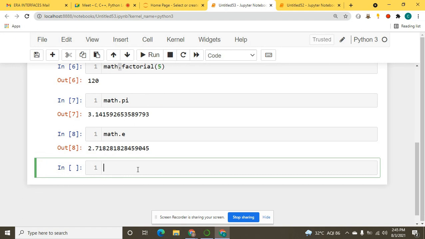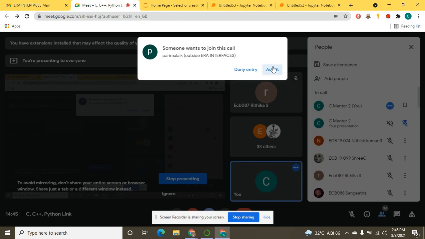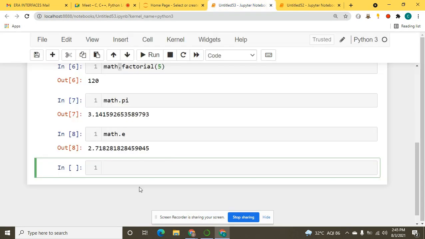Now let us do a program based on this math module. Means how we will use all these results in our program. For example, I want to find out the area of the circle.